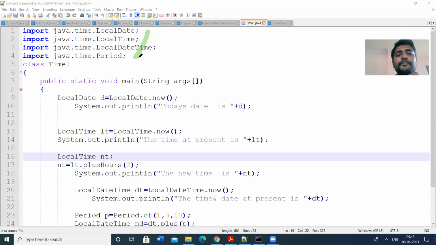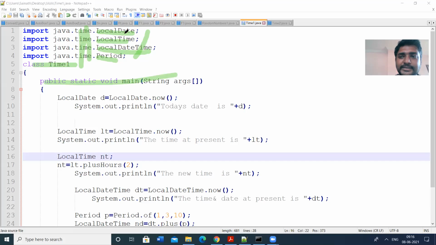Instead of this, we can write import java.time.asterisk, but you have to know which classes we are importing. That's why I have written LocalDate, LocalTime, LocalDateTime, Period. These 4 are the main classes in the time package, which consists of so many classes. Instead of this, we can have import java.time.asterisk also. Then the main class, main method.